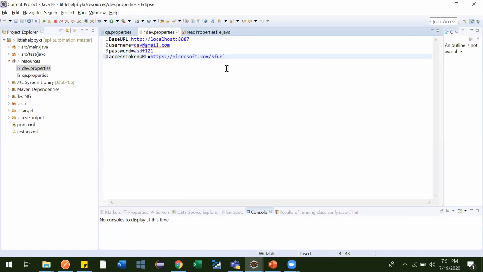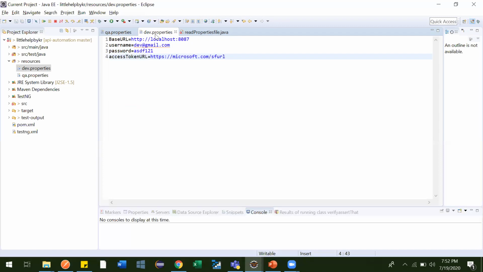So what happens, if anybody asks you to run your test cases, your automation script, in some environment like dev environment or QA environment or some production environment or canary environment, there are multiple stages. In that case, for every environment there are a few different things, like base URL will be different, username will be different, password will be different obviously, and to generate access token and other things, a few things are different, and that is common in all the environments. So that's what we use to create this.